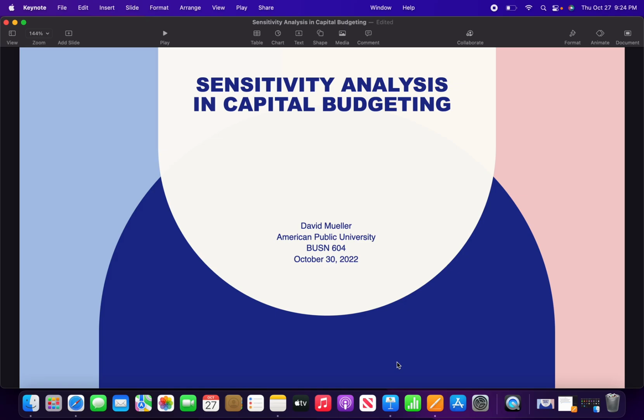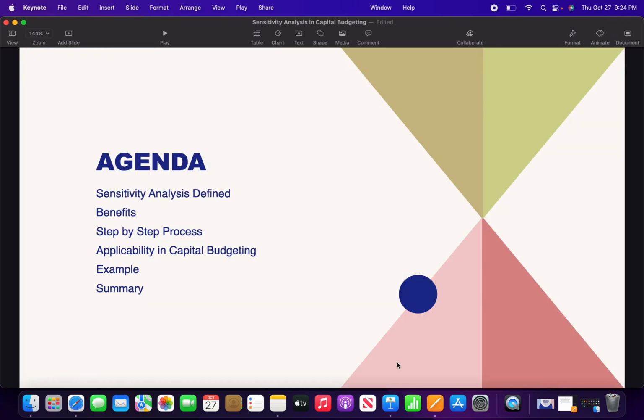This is David Mueller. In this presentation, we'll analyze sensitivity analysis in capital budgeting. All right, we will first define sensitivity analysis. We will look at the benefits of conducting this analysis. We will next go through the steps of the process. We'll look at how it's applicable in capital budgeting. And finally, we'll go through an example to better understand how this is helpful when it comes to decision making